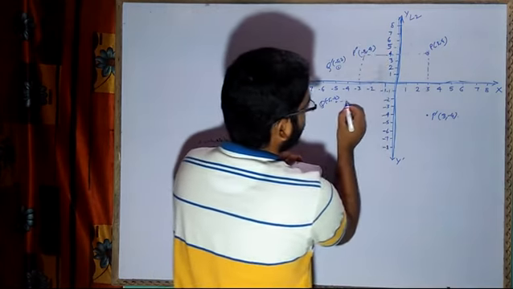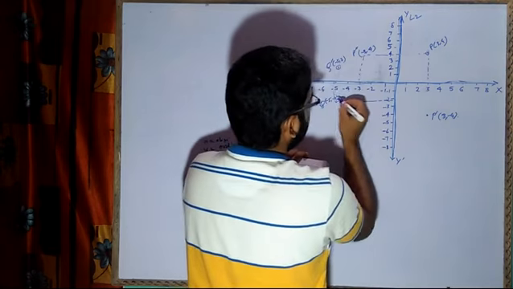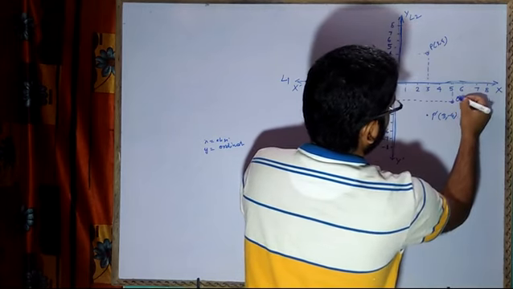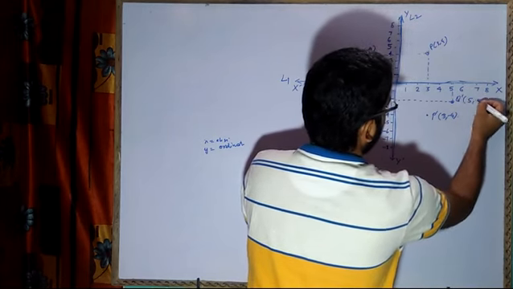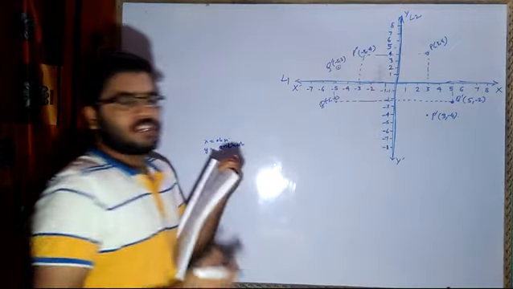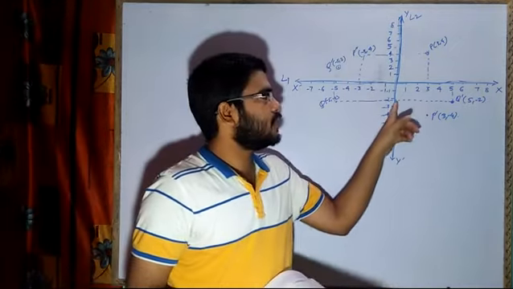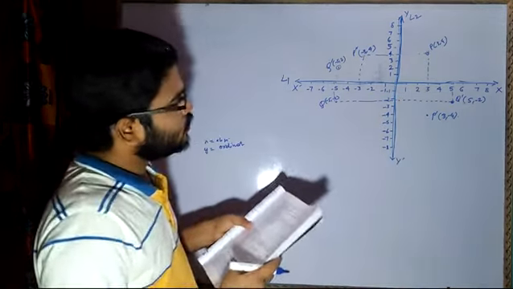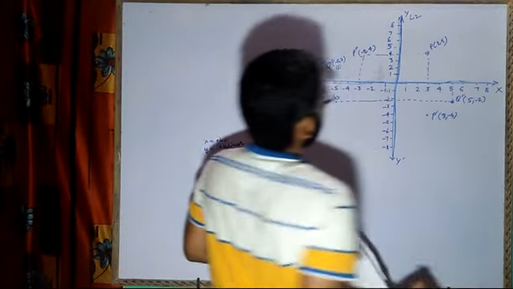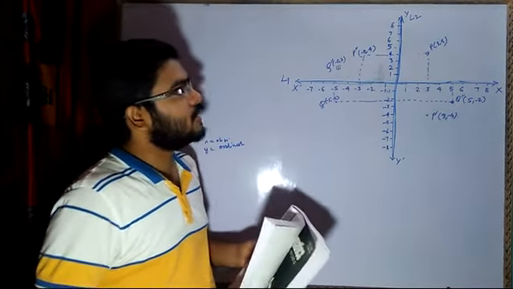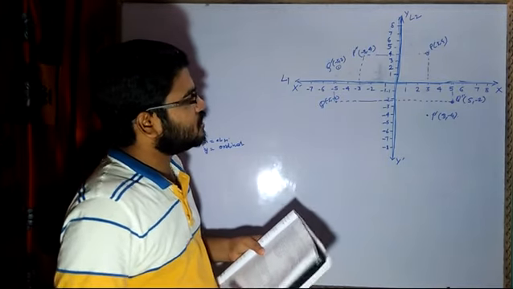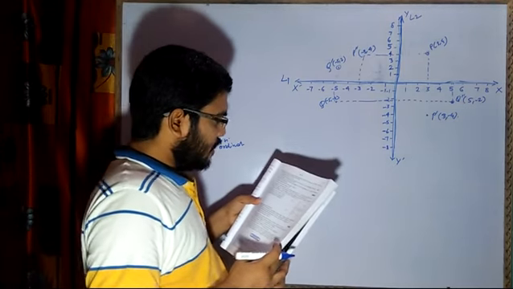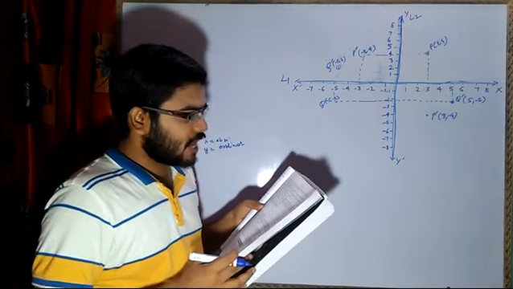Now how far is this? It is 5 units far, right? And it is 2 units above. So 5 units it will come, here. So this is your Q double dash, and the point will be 5 comma minus 2, right? Same thing: whenever a point is reflected in the y-axis, the y value will remain the same and the x value will change. Because reflection in L2 is termed as double dash, and reflection in L1 is called, according to this question, single dash.